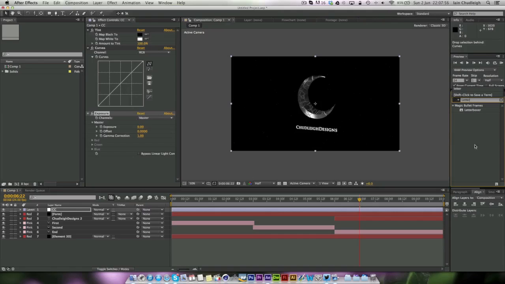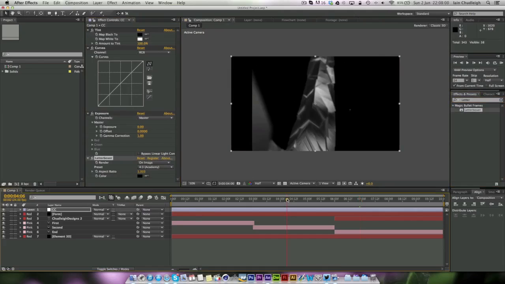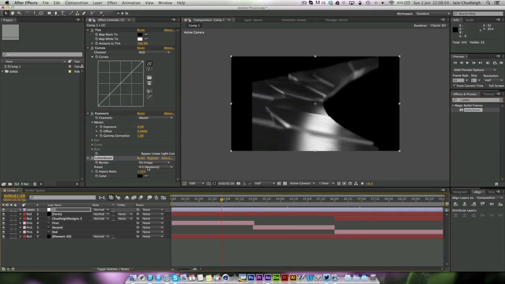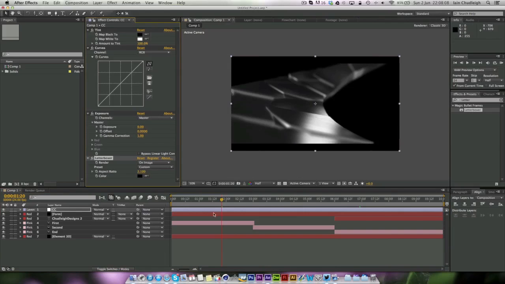This is a plugin by Magic Bullet, and it simply adds a letterbox to whatever aspect ratio you want. In this case, we want 2.1 or something like that,